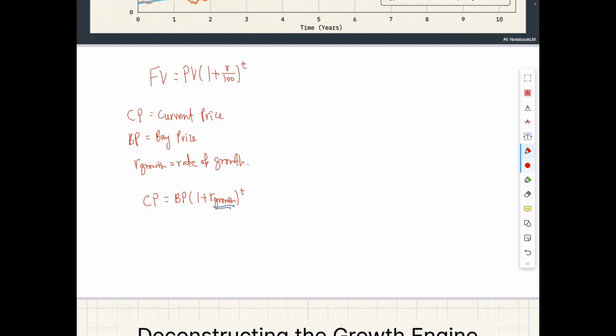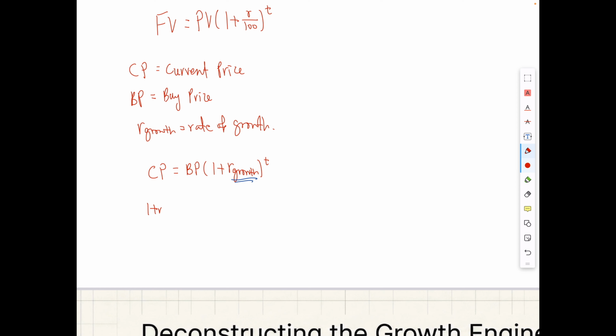So (1 plus R growth) to the power T equals CP over BP, and then I take the Tth root. This T can be in years, can be in months, it can actually be a fractional or decimal number, it doesn't really matter. So my R growth is (CP over BP) to the power 1 over T